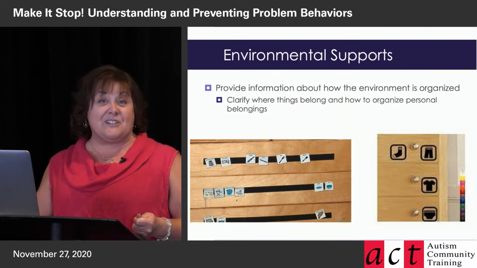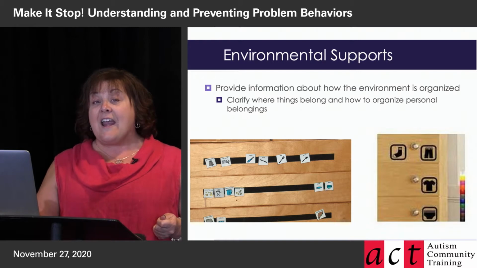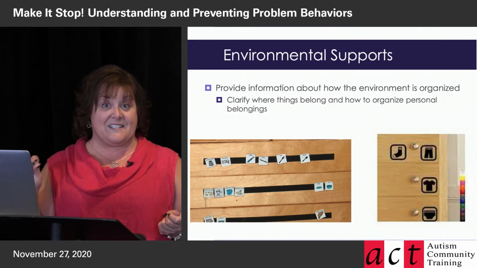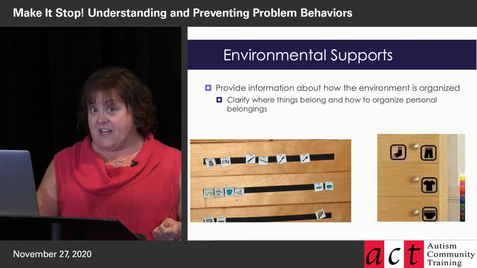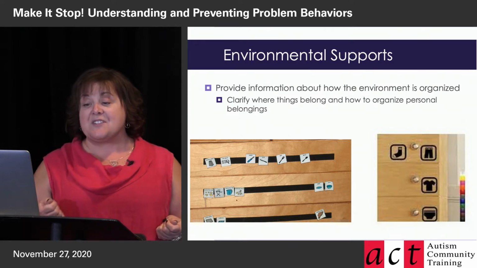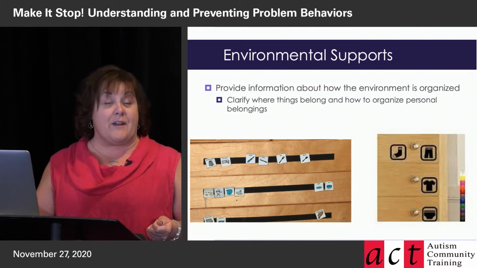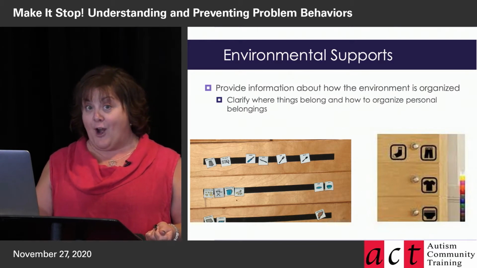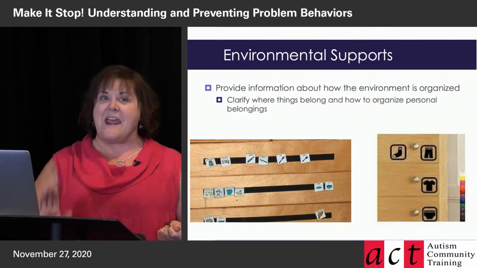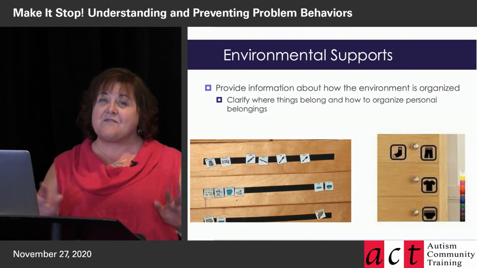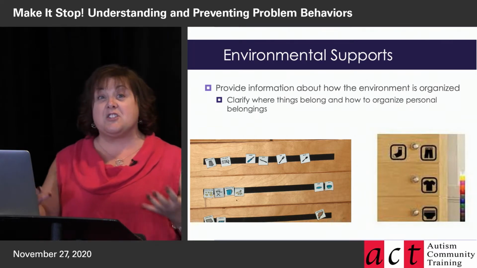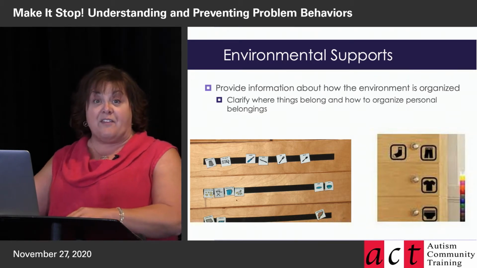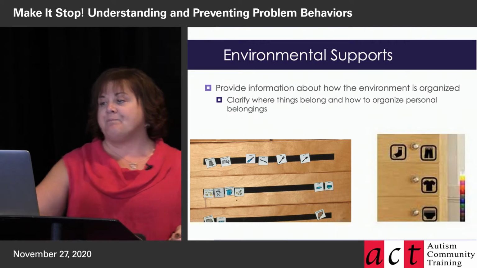You can use sticky note glue stick. You can go to the office store, and in the sort of sticky notes section, there's a glue stick that makes Post-it notes, essentially. And that won't damage anything. It just essentially makes your symbols into Post-its. If you're putting symbols on your fridge to show what food is in there, you can print symbols out on magnetic paper. And so then that way they just magnet to your fridge. So there are lots of different ways that you could do that. But essentially, this is just about providing that information around where things belong, where can you get them, and where should you put them, okay?